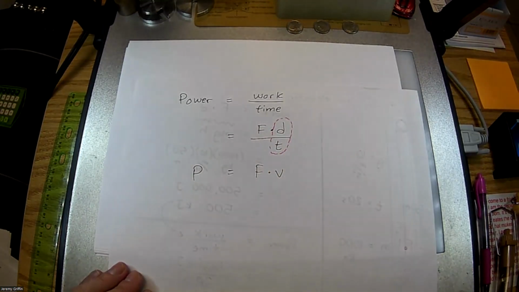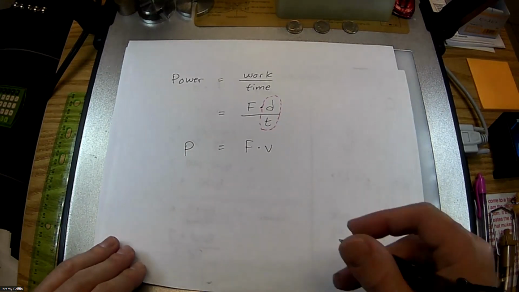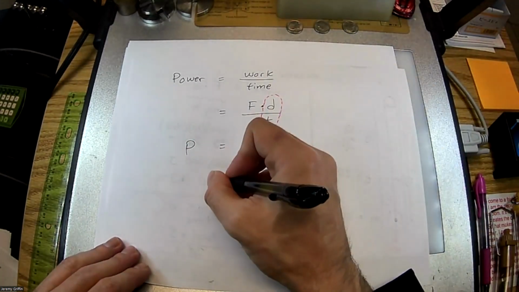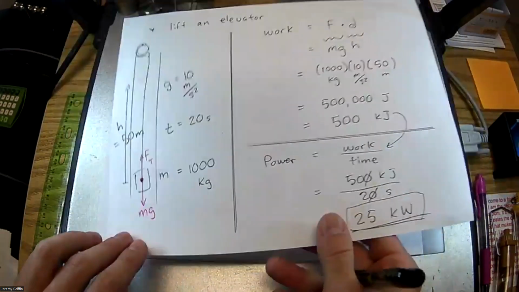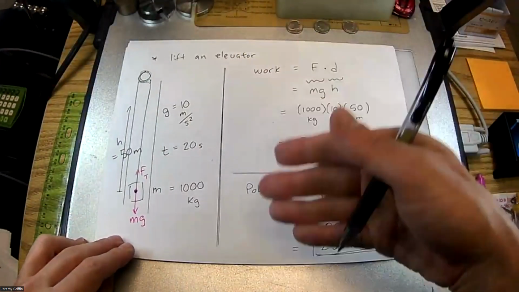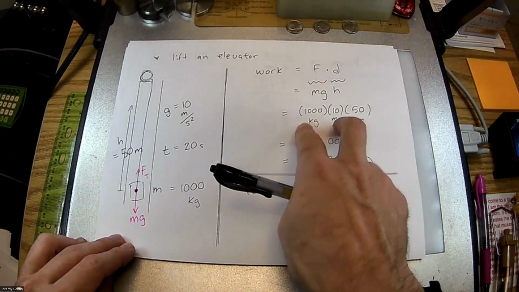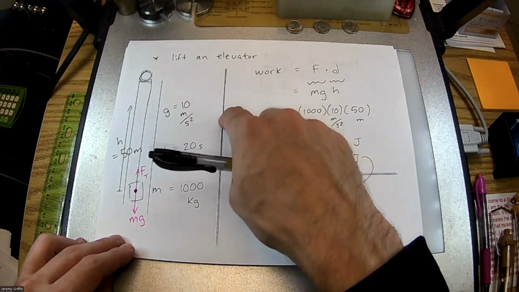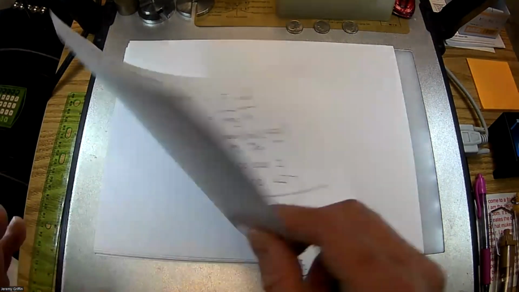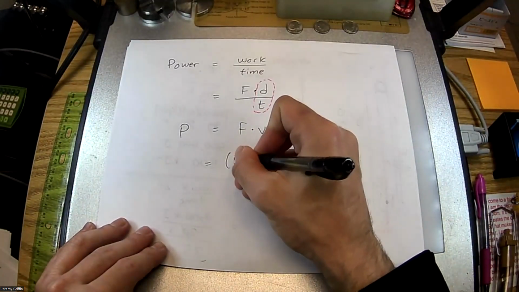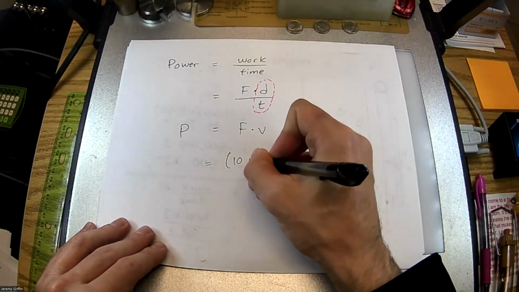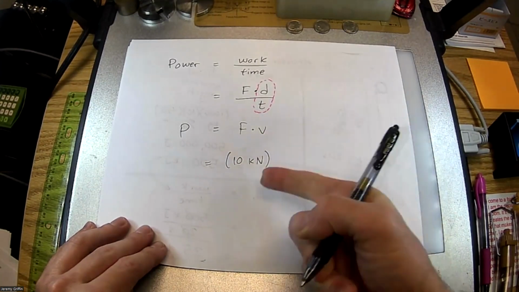Right? It should work too, right? Let's run the numbers. Let's see if this works. So the force to lift it, let's do the exact same scenario we just did. The force to lift it is like 10,000 newtons, right? 1,000 kilograms, 10 meters per second squared. That's 10,000 newtons. So I got, I'll call it kilonewtons. How about that? 10,000 newtons is 10 kilonewtons of force